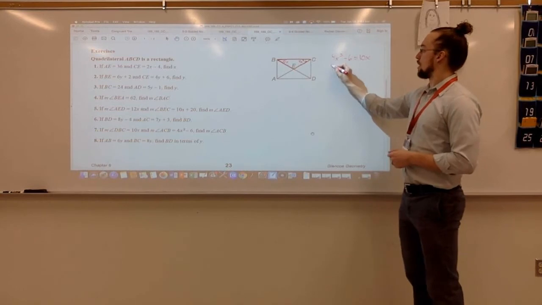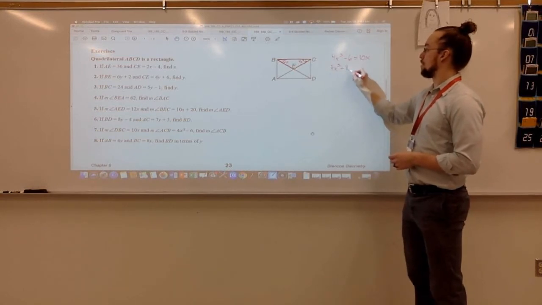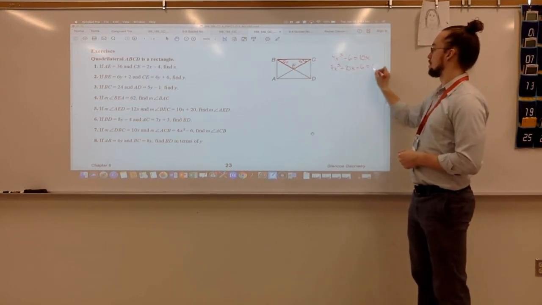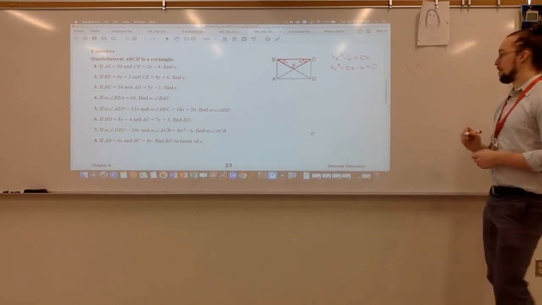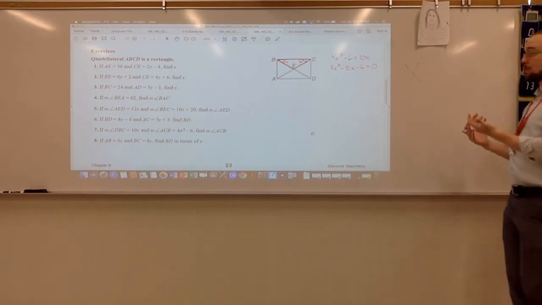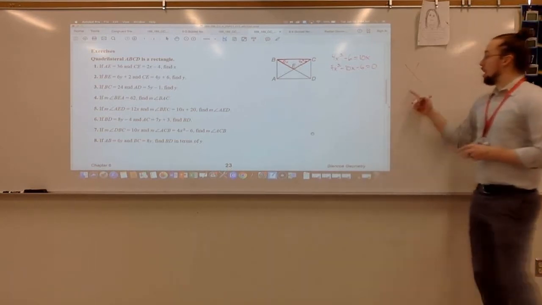Then we would subtract that 10x over. 4x squared minus 10x minus 6 equals 0. And then we started talking about factoring. Right? To solve this, we would need to factor. So,